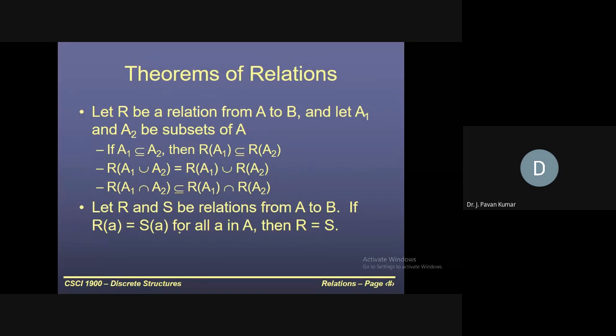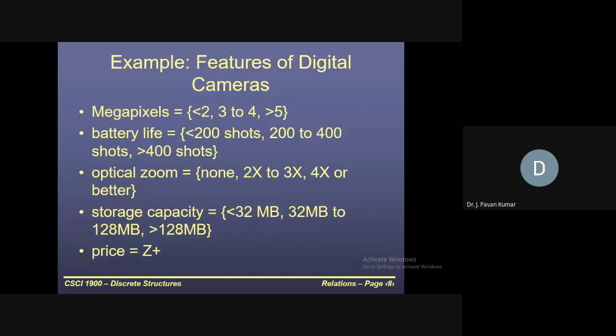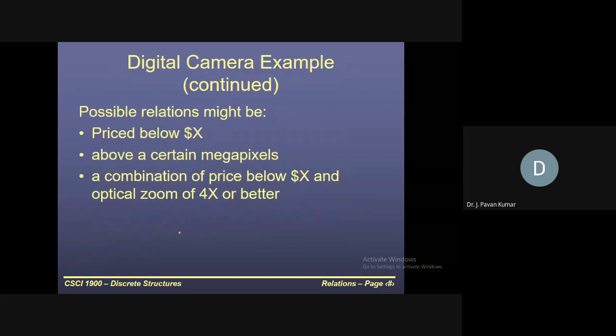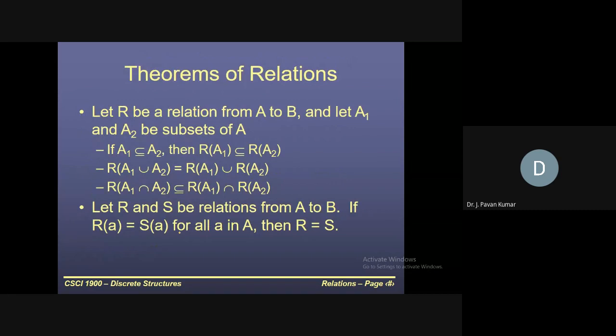Now these are some other examples that you can go through. One last point I will tell here is that we can represent this particular relation in several forms. A relation can be represented by using tuples, because it is nothing but a subset of the Cartesian product. The Cartesian product itself is a set of tuples, so a subset will also be a set of tuples only, isn't it?